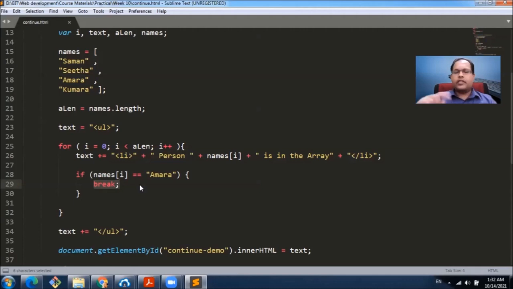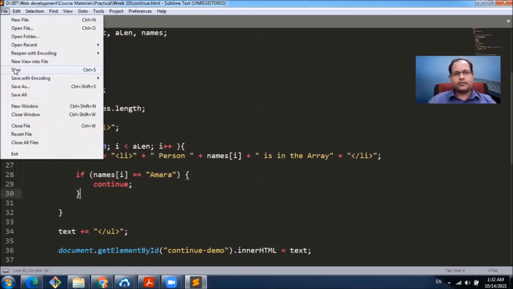For this example, I will put the continue. The keyword is continue. What it does is, whenever it encounters this keyword, it will not execute the rest of the code inside the for loop. Then it will go back to this line and increment and then follows the same way.